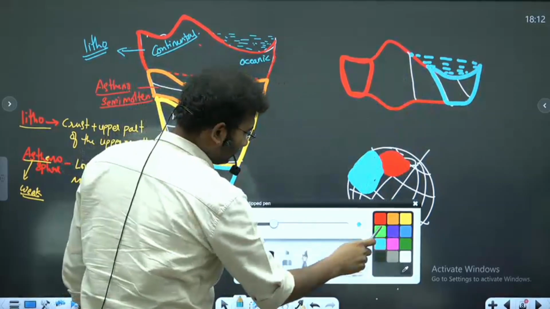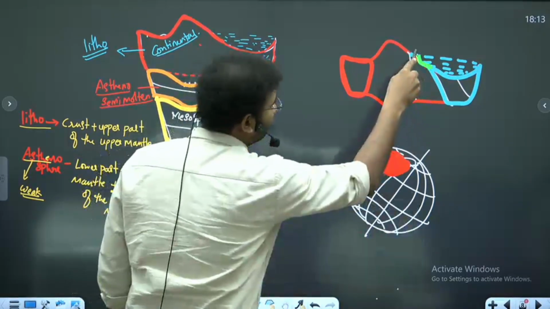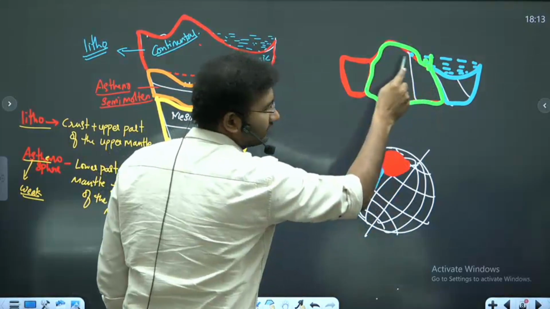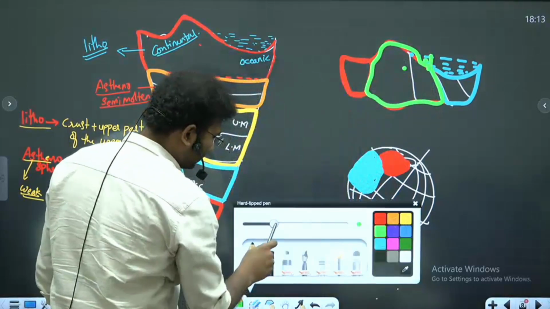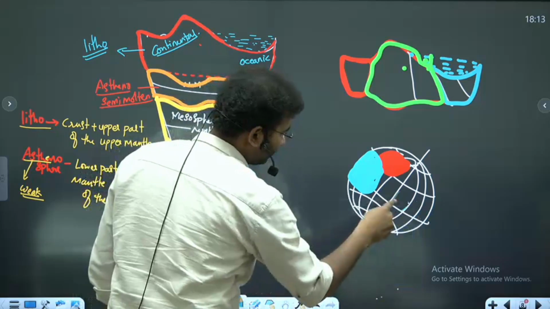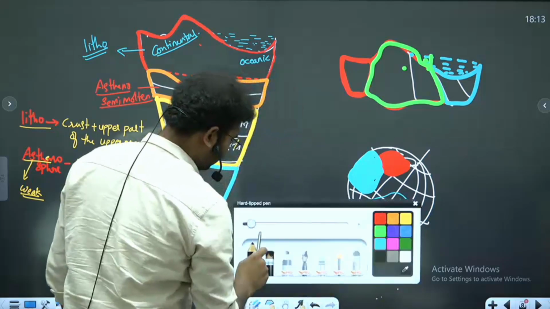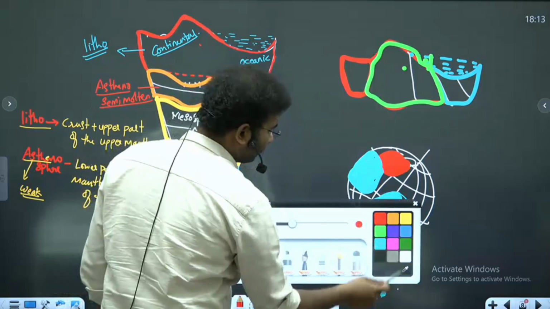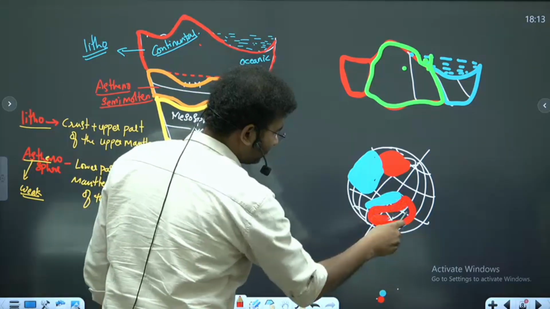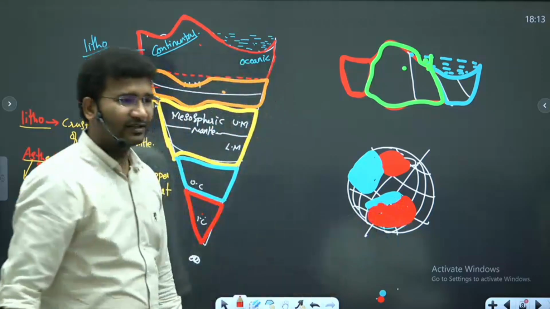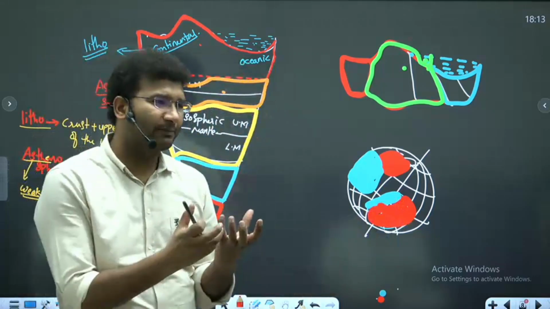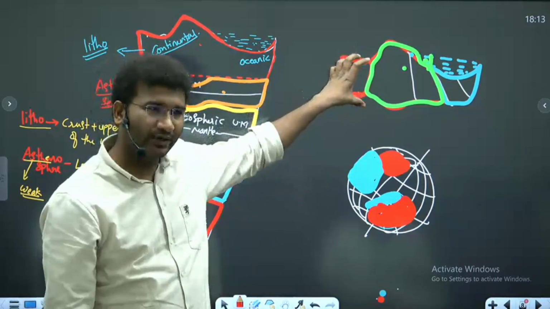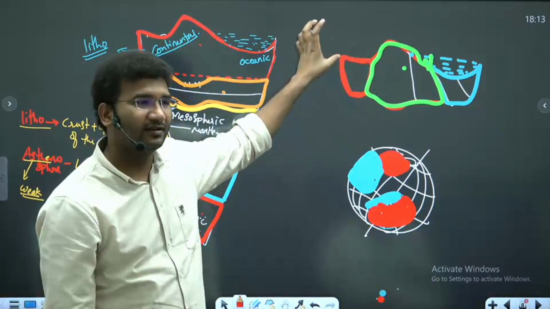And again, this part of the region, which is made up of ocean also, and continent also, can be like this. Some part of the ocean can be there, and the rest of the part can be continent. Like this, our earth is made up of multiple pieces, and each of these pieces, which is up to a depth of 200 kilometers, is called